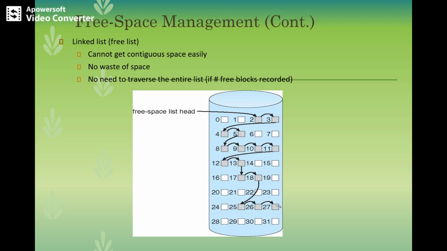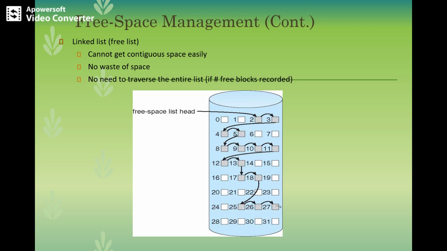It's not possible to have contiguous blocks, but they can be random, as long as they are linked in some fashion. In that way, we can say that the three blocks together can be bunched as a group. So here block 2 would contain a pointer to block 3, again block 3 would contain a pointer to block 4, 5, 8, and 9. But traversing the free list is not that easy, and usually the operating system simply needs a free block so that it can allocate that block to the file.